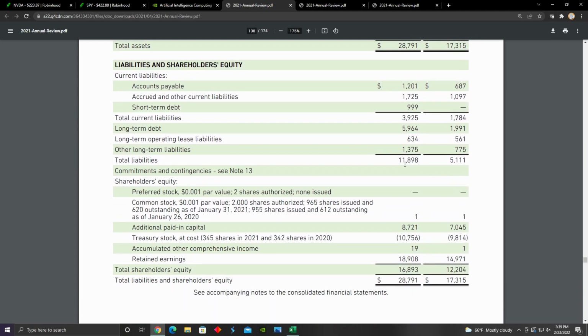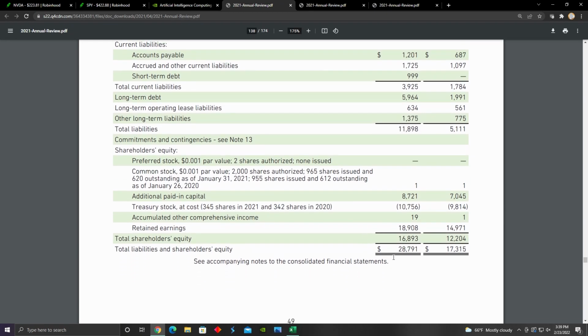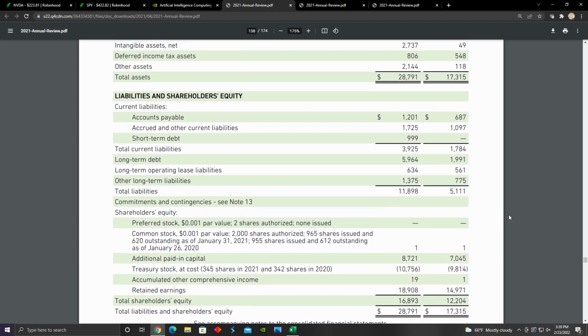Then right here on their total liabilities, we can see that it increased from about $5 billion to about $11.8 billion. And then we can see that their total shareholders' equity increased from about $12 billion to $16 billion. So most of their business is financed by equity, as we can see the $16 billion over the $11 billion in total liabilities, which could be a good thing because it means that their business isn't too over leveraged, but